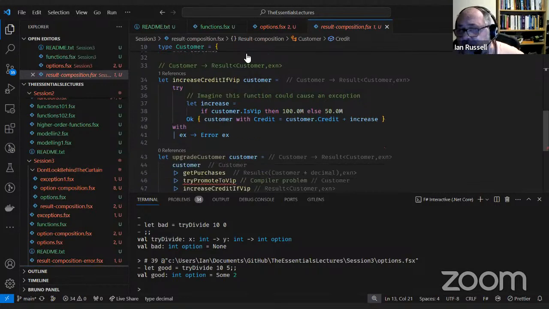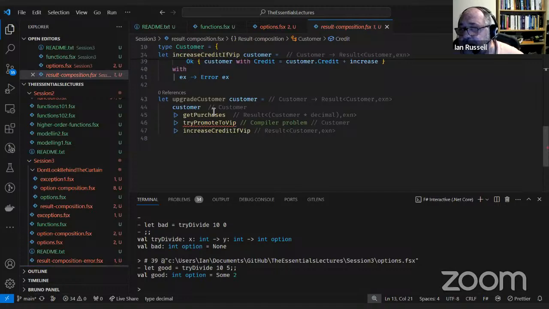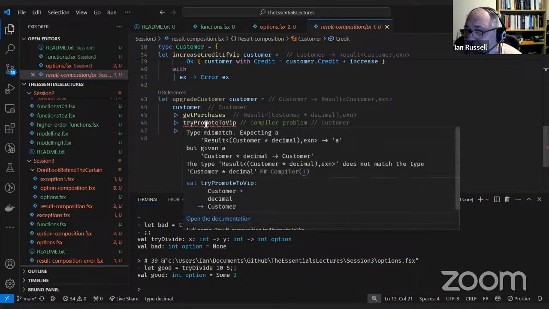So we then go to our upgrade customer function, which worked perfectly last time because the output from the first function matched the input to the next function, and so on down the line. In this case, it doesn't. We can see that we've got a compiler problem here because there's a type mismatch.